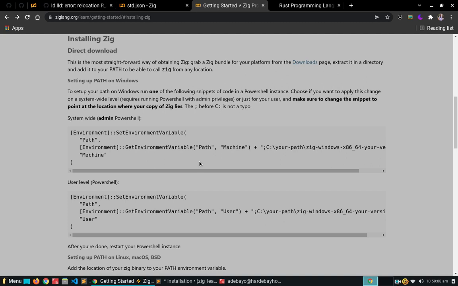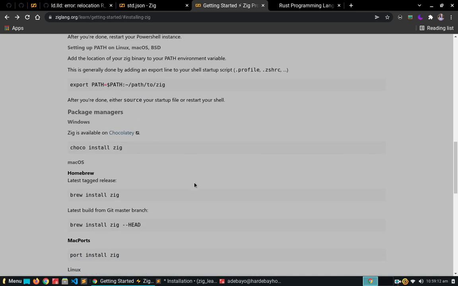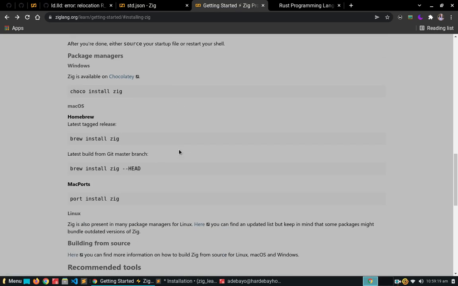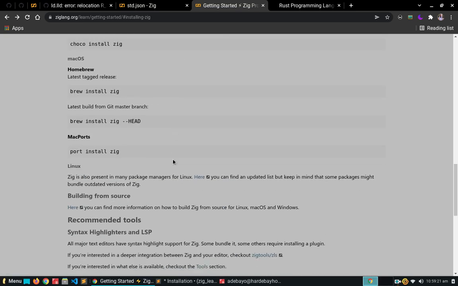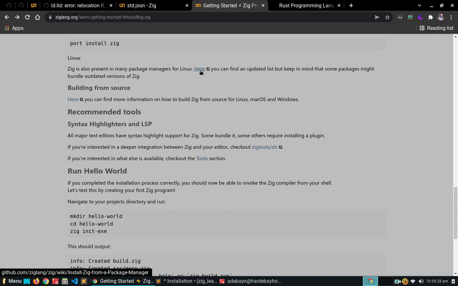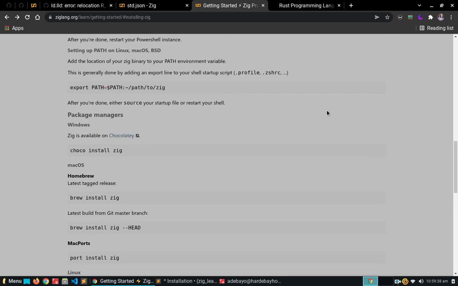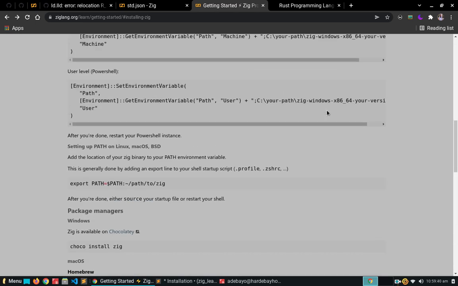I believe this is for setting up your path once you've downloaded your Zig. You can also use package managers to install it. So if you have Chocolatey for Windows, I believe you can use that to install Zig, Homebrew for Mac. And of course, you can also build it from source if you want. And for Linux, it is available for a lot of package managers. But my recommendation is that you do not install Zig from any of these package managers because Zig is really